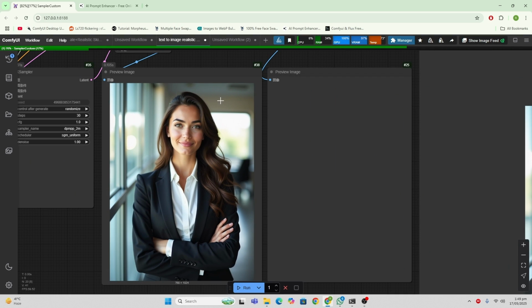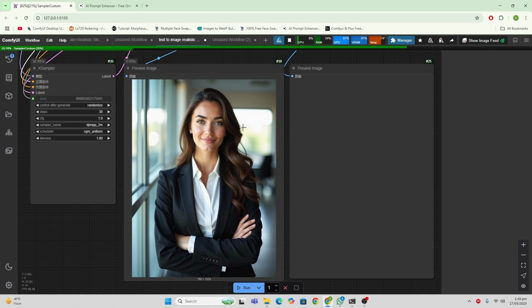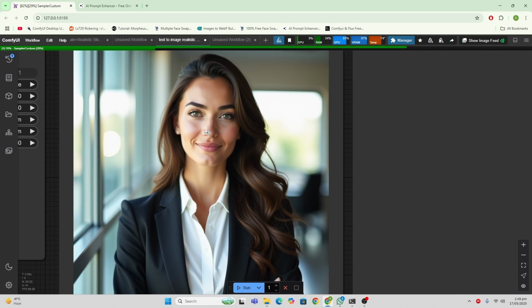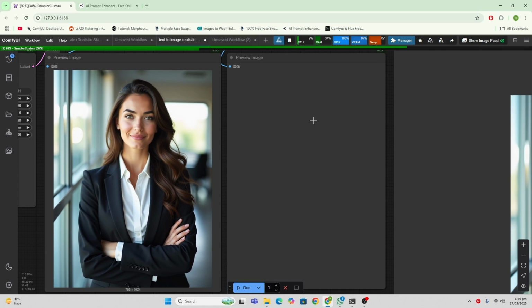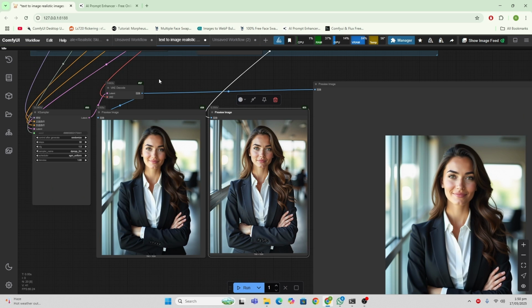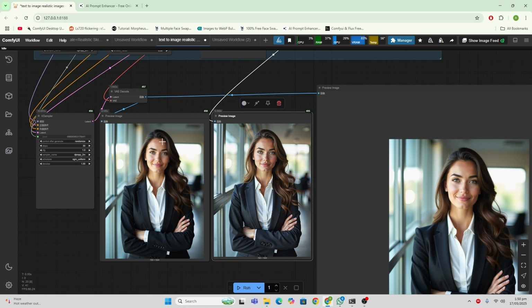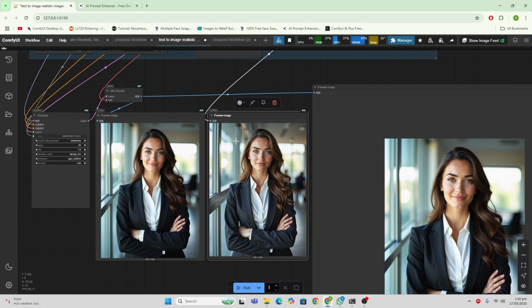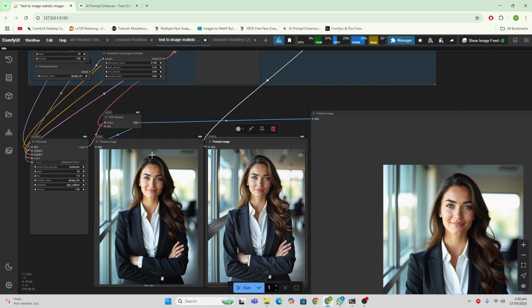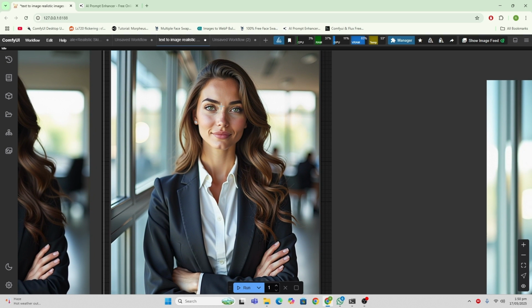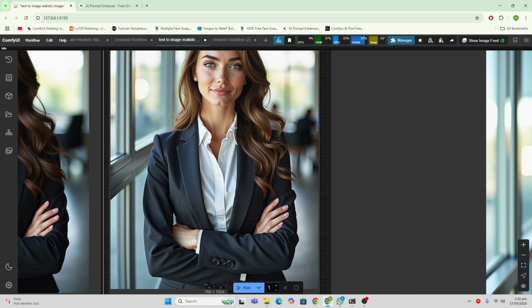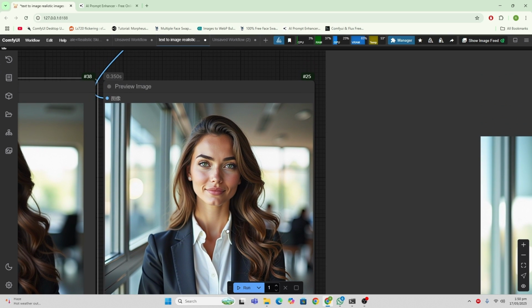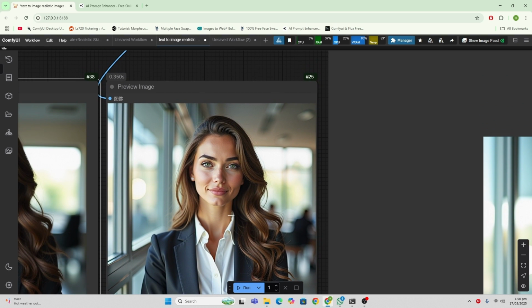Okay, we have our first image. This image is good, but wait for the second image, which will be the game changer. Okay, we have the results, and the second one will always be better because it will first generate the image and then take this image and regenerate it and make it more realistic. This is this workflow. It looks very good, but I will run it again 1 or 2 times and find the best image, and we will continue with the next workflow.